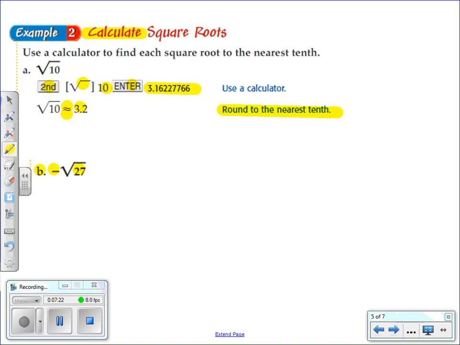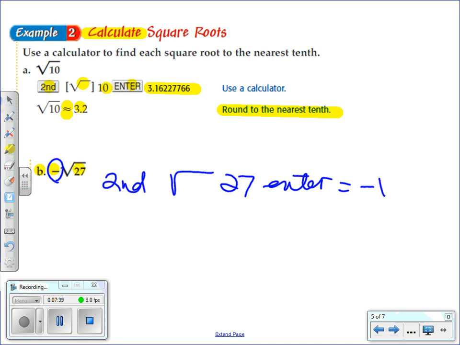So you'll hit the second button, square root, number 27, and then you'll hit enter, and you'll get an answer that is negative because the negative sign is outside the square root of 27, right? And there'll be no square root sign. You'll get some decimal. And what is negative the square root of 27? Well, let me open my handy dandy calculator and tell you that is